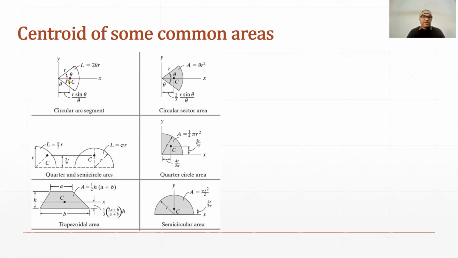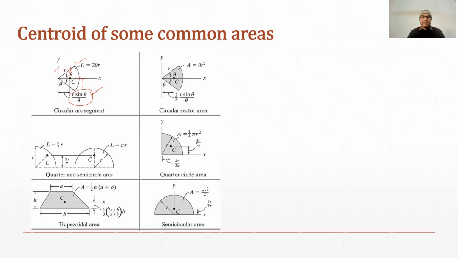the centroid will be here, and the coordinate of this centroid will be this one, and this coordinate can also be calculated using the base because you can see this segment is symmetric, which means the centroid will be located on one axis. I mean, it is symmetric about the x-axis, and that is why its centroid is located on the x-axis. But it is not symmetric about the y-axis, and that is why we are supposed to determine only one of the coordinates, and that is this coordinate, and the value for this is already provided here.